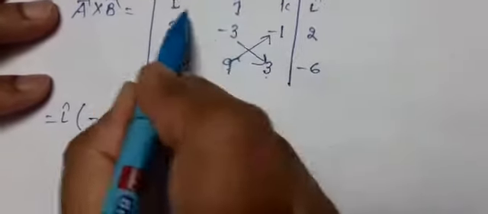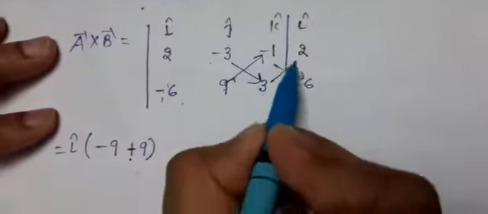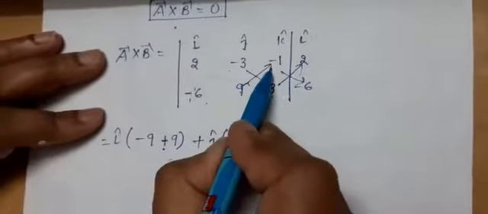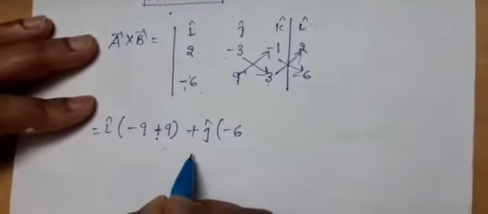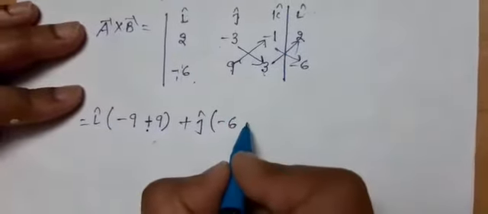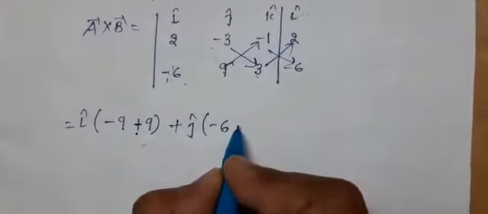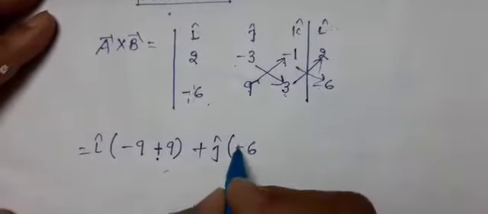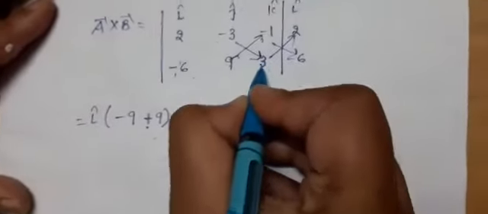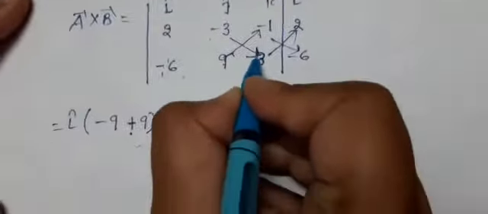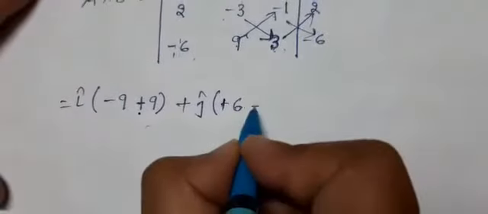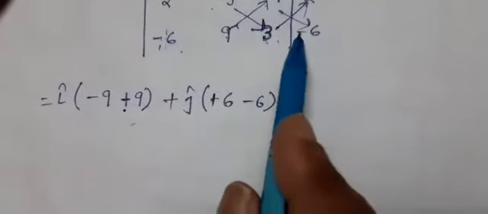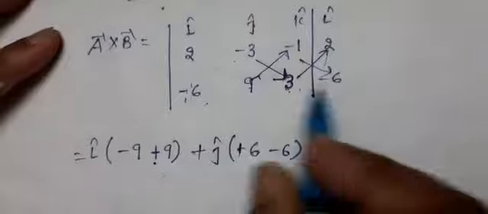Similarly, when I am taking the j coordinate, I will take these two. So plus j, -1 into 6, -6. Then 3 into 2, 6. But along with the minus, this is your -1 and -6. So it should not be -6, it should be +6. And this is only +3. Right? This was the error. So 3 into 2 is 6, and it is -6. So basically you have to be careful while writing the negative and positive sign, otherwise this may create confusion.